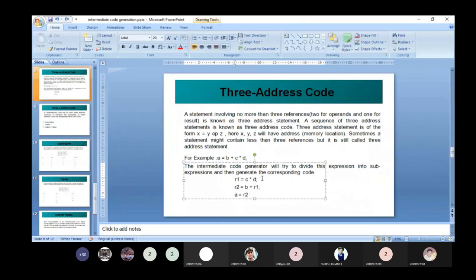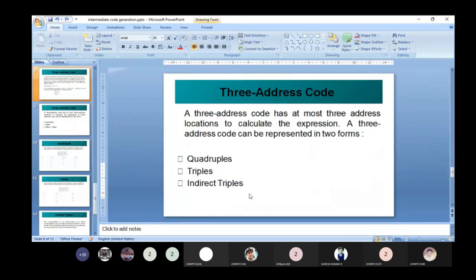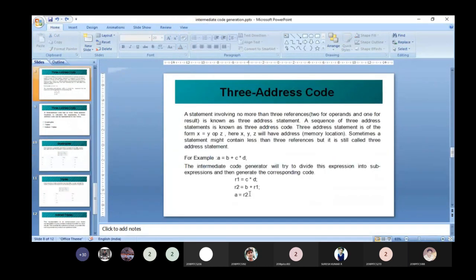Now verify that each instruction has not more than three operands. Here two operands plus one for result, three operands. Here also three operands. Here we store the result, it's only two operands. As I already said, we can use a maximum of three operands, not more than three. Sometimes it might contain less than three references. So this code is called three address code. Next we will see